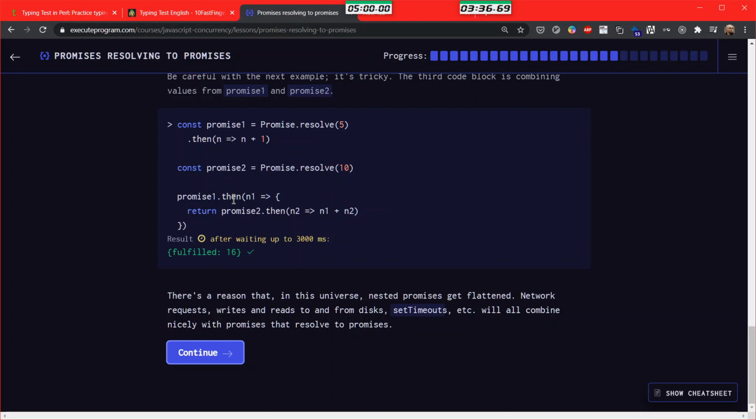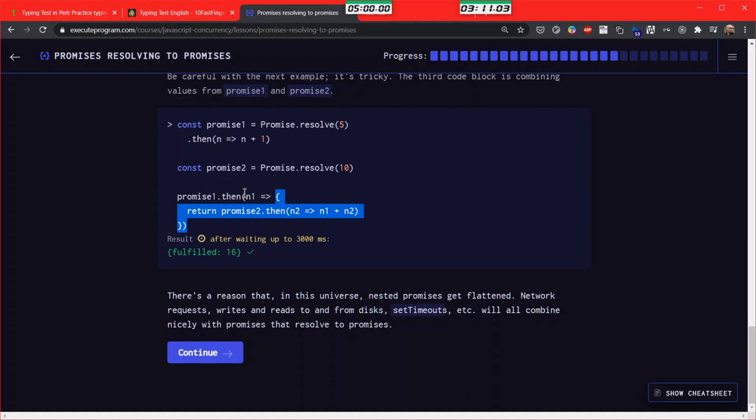So we have promise 1.then, which creates a new promise, and it takes the promise 2 and takes the then. So inside of here we have the n1 variable. In which scope does it live?